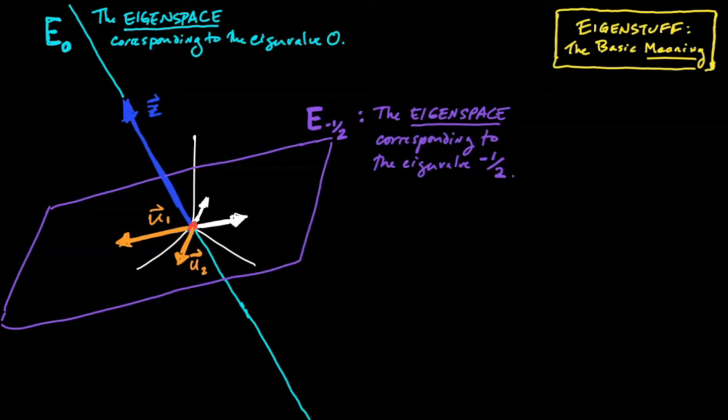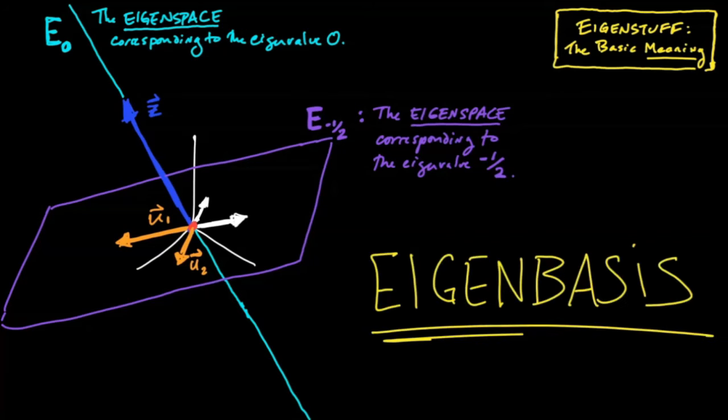We are working in R3. Well, we know there are lots of different bases of R3, the standard basis, i, j, and k, and infinitely many others. But we're actually staring at a very special kind of basis, a basis that consists exclusively of eigenvectors. And I'll bet you can guess what we call such a basis. That's right, we call it an eigenbasis.